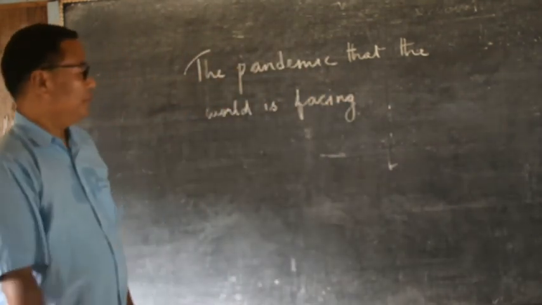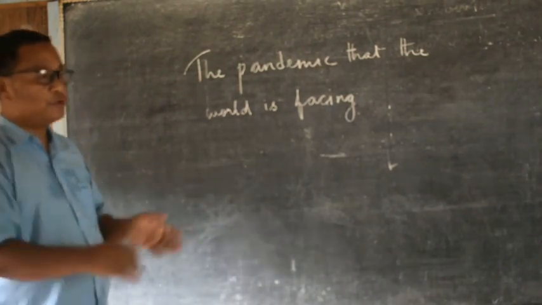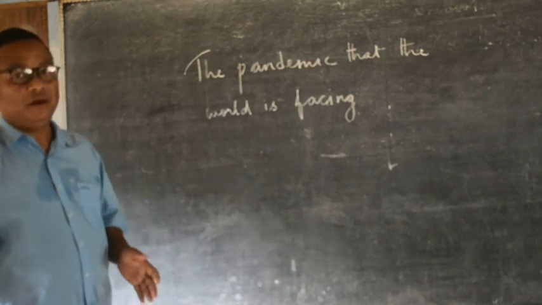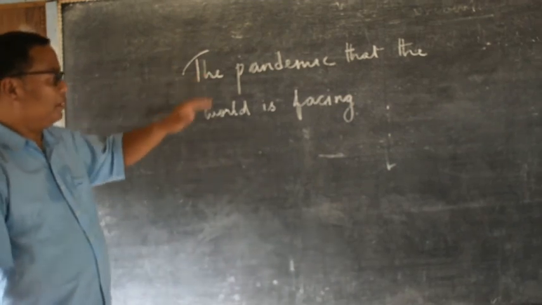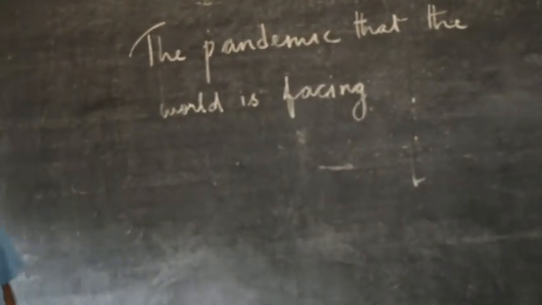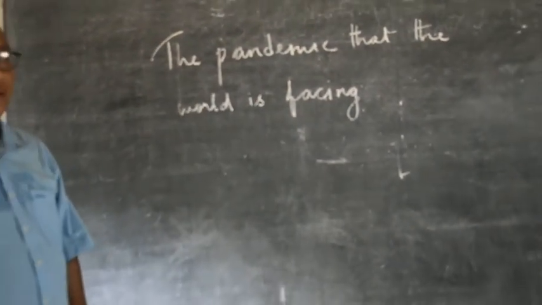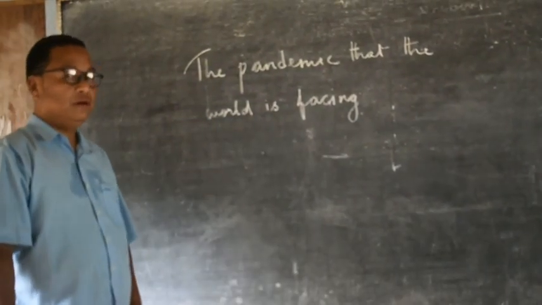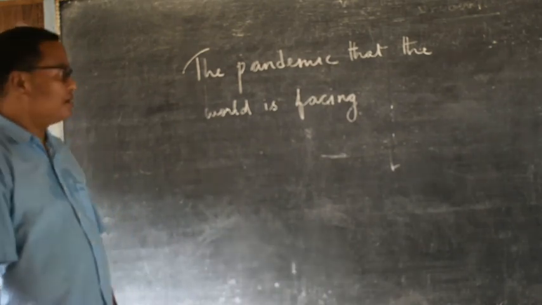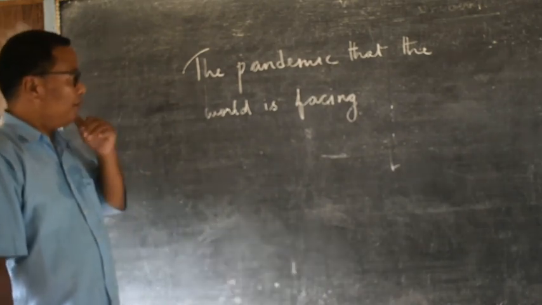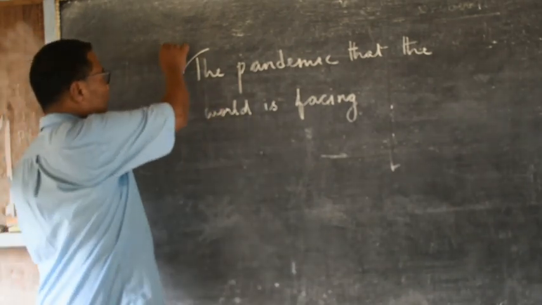Now, you all must have come across the coronavirus in the newspaper, on the television. Everywhere we go, we hear news about the coronavirus. So that is the pandemic. Pandemic means it's a disease not confined to one particular region alone. It's a disease that spreads everywhere in the world. This disease has spread to every place in the world. There are no countries which the disease has not affected. So the pandemic that the world is facing will be the topic of your essay.